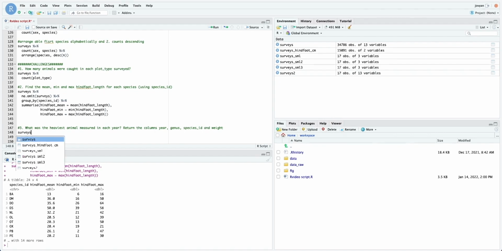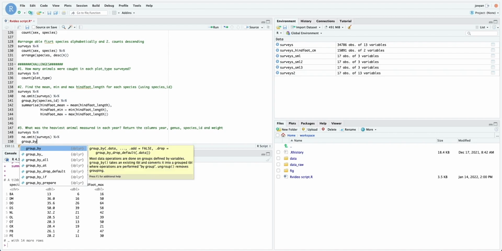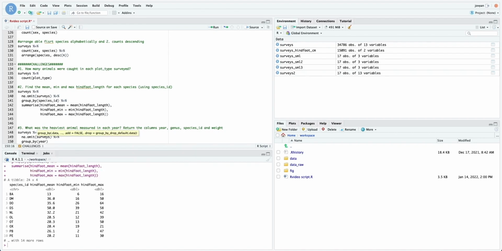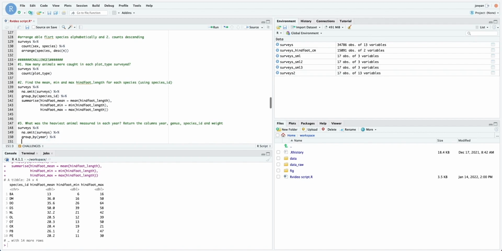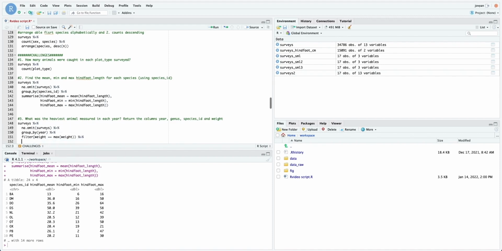Now for the third challenge. Type surveys, then the pipe operator, then na.omit to get rid of all the NAs in the data frame, the pipe operator, then group_by, and in brackets year, pipe operator, filter, and in brackets weight equals max weight to find the maximum weight in each year, with the pipe operator